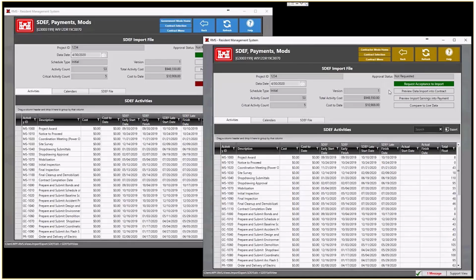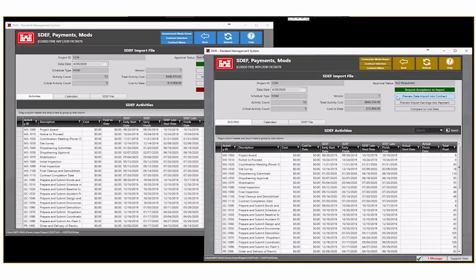Now, when we're using Primavera, the very first Sdf file that we get from the scheduler is usually the contract data, right? So the contract data is going to include features of work, it's going to include activities, maybe some schedule dates, start and finish. So there's two types of imports. We have the contract data and the finance data. That first button there that says preview data import into contract, that is the option that we use to get the non